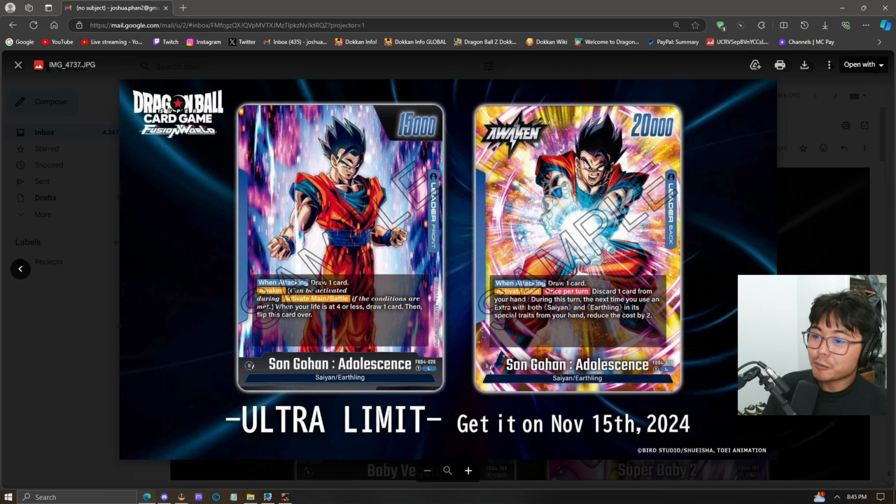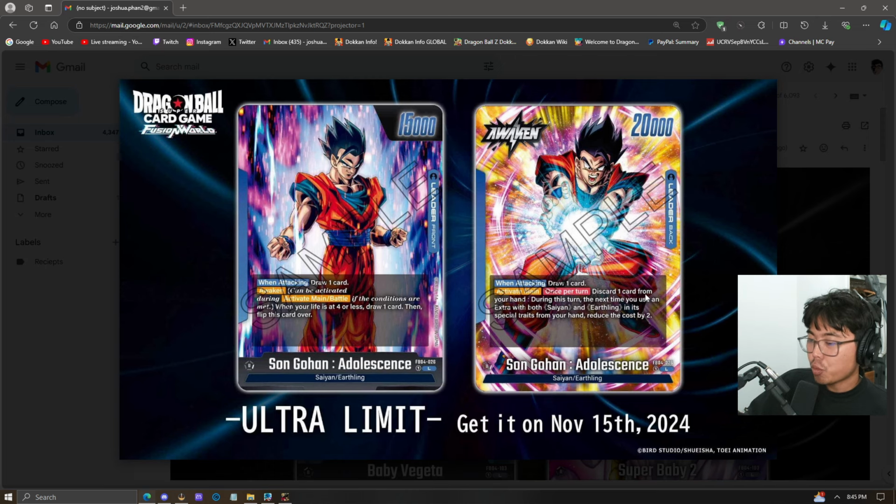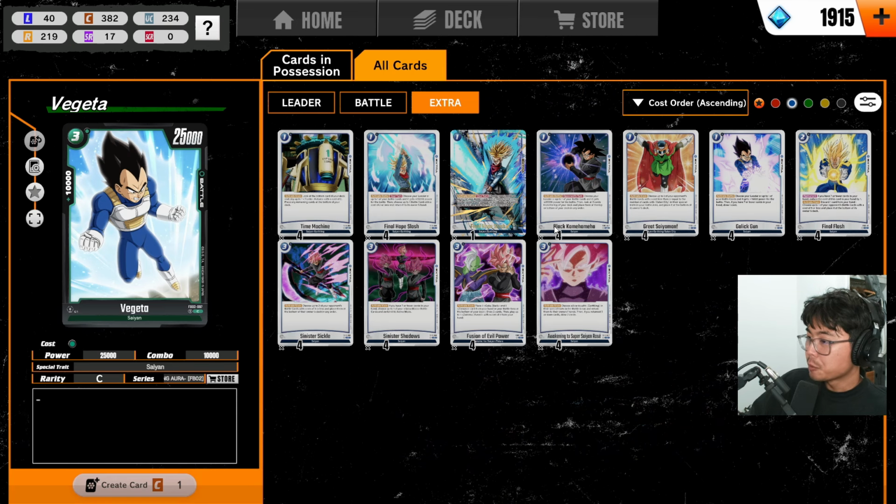Draw 1 card and flips at 4. Once awakened, he draws 1 when attacking. Activate main once per turn. Discard 1 card from your hand during this turn. The next time you use an extra with both Saiyan and Earthling in a special trait from your hand, reduce that cost by 2. So when it comes to blue extras with Saiyan and Earthling that's currently in the game,